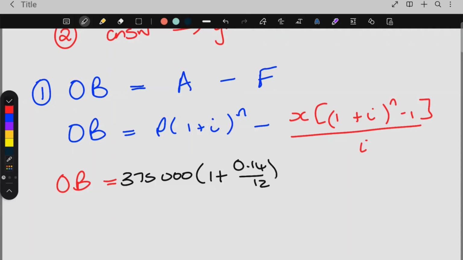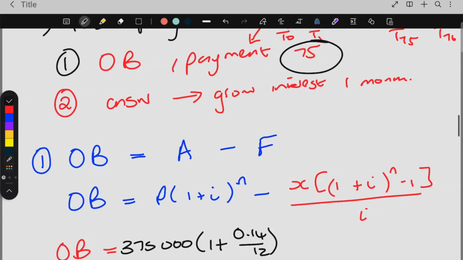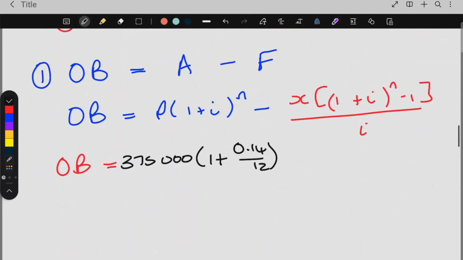So that stays the same. And if you want your outstanding balance at payment 75, then you have paid interest for 75 months. And then X is the monthly payment. Our interest stays the same. And how many payments have we made up until that point? 75